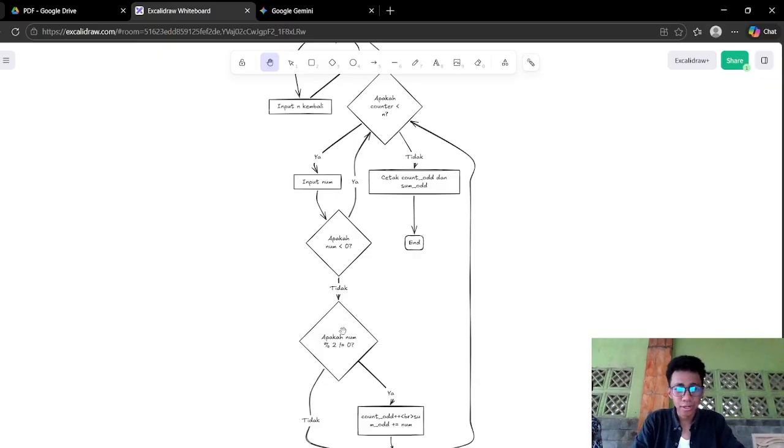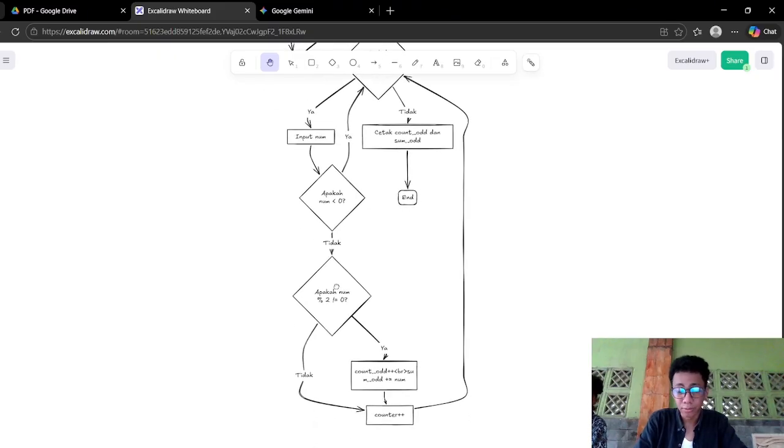We're going to here and we'll check whether the num is an odd number or not. And if it's not, the program will run here, not going to execute, because the even number will be ignored. And then if it's yes,